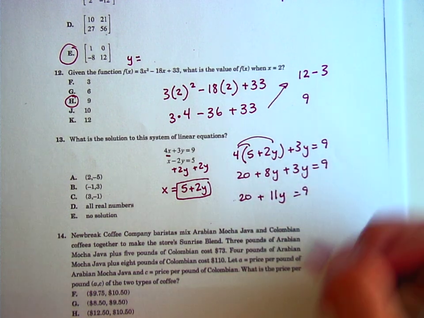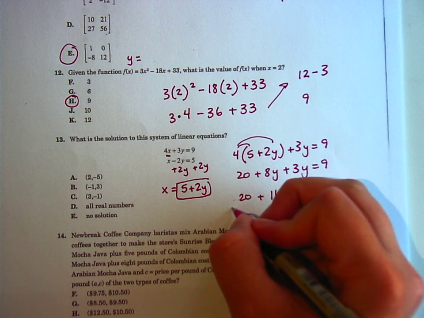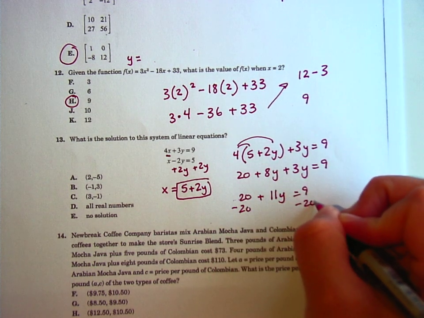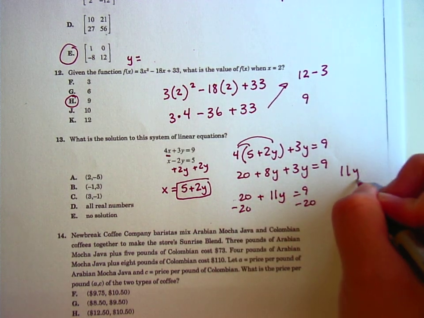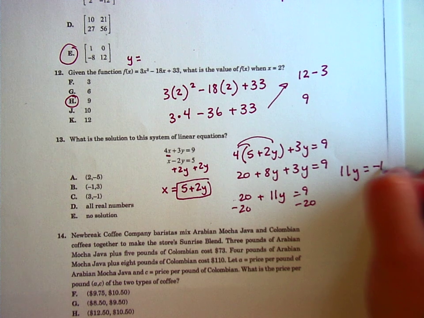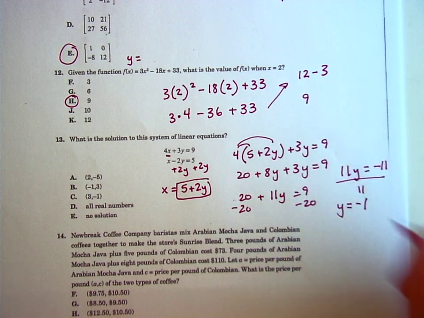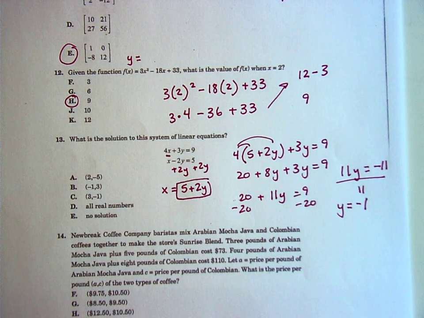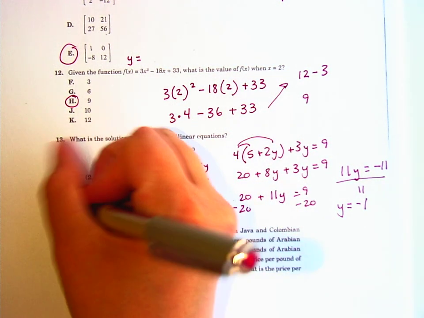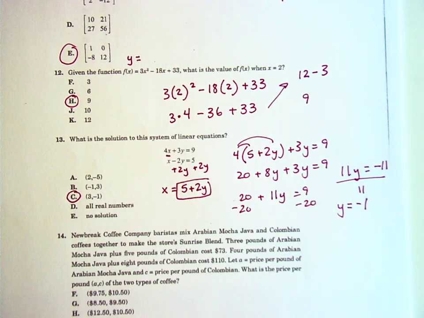Like that. And then to get the y by itself, I'm going to subtract 20 on both sides. I get 11y equals -11. Divide by 11 on both sides, I get y equals -1. All right, well, the only answer that has y as -1 is C, but I'll just finish it for